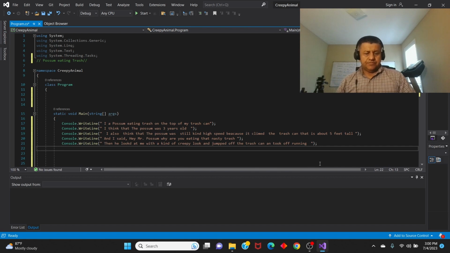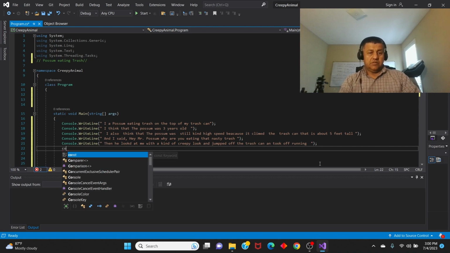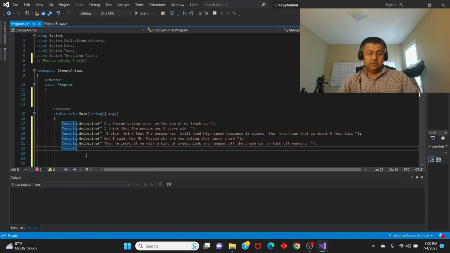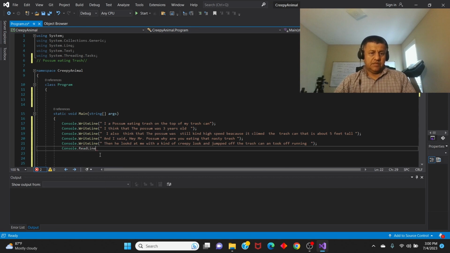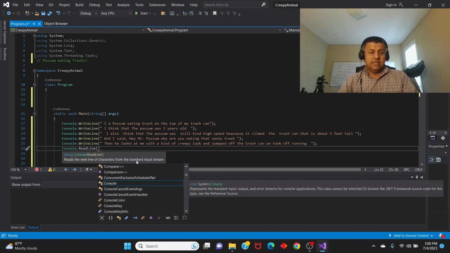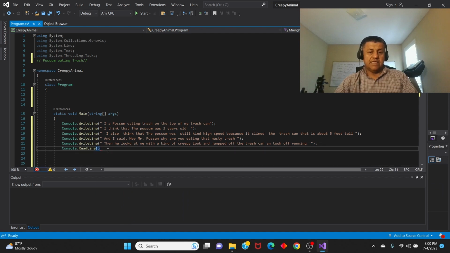Let's say Console.ReadLine, and this is going to hold for us so we can see what we want